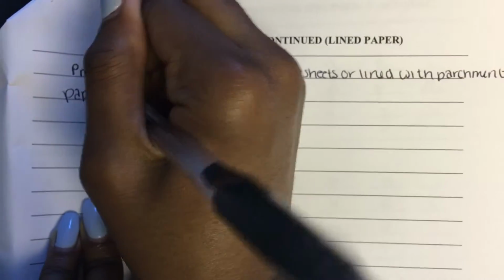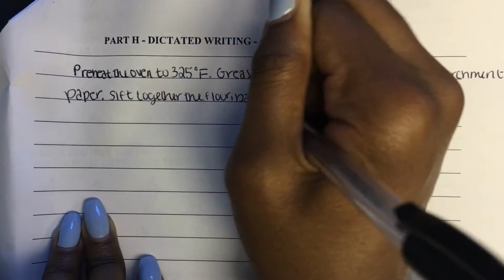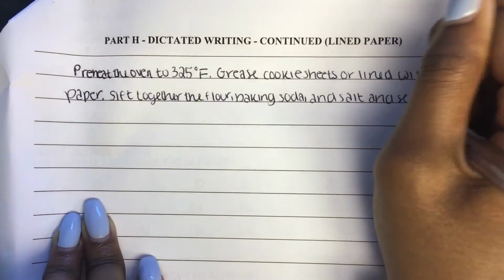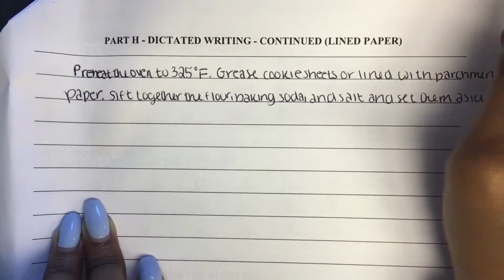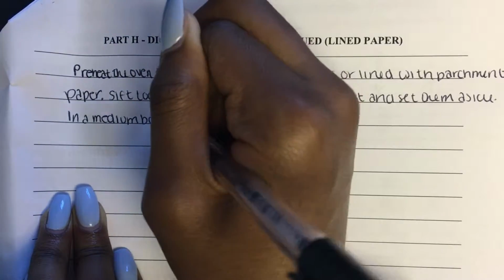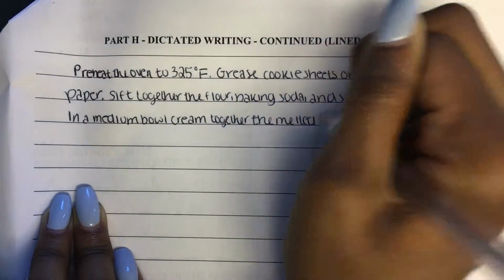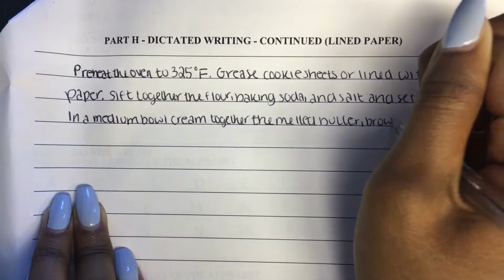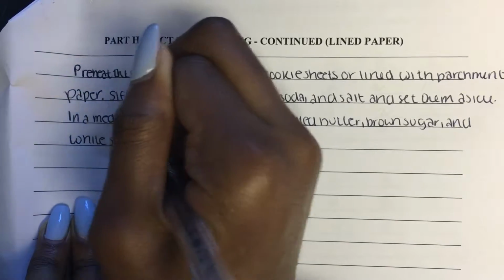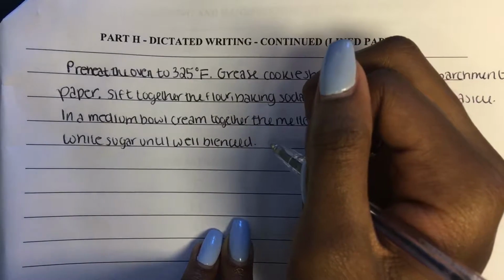Sift together the flour, baking soda, and salt. And set them aside. In a medium bowl, cream together the melted butter, brown sugar, and white sugar. Until well blended. Beat in the...